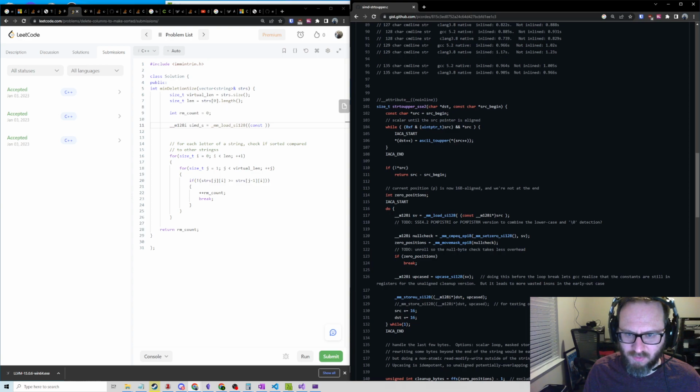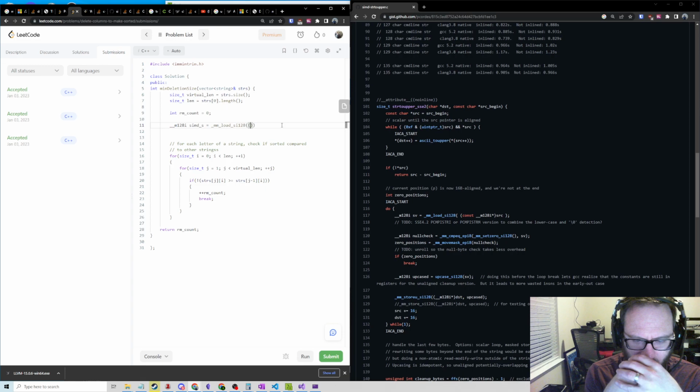Source is already a pointer. Saying const pointer. I kind of understand what's going on there. Let's just see. Yeah, it has to be a pointer. Let's just try doing. We should be doing this on Godbolt, but